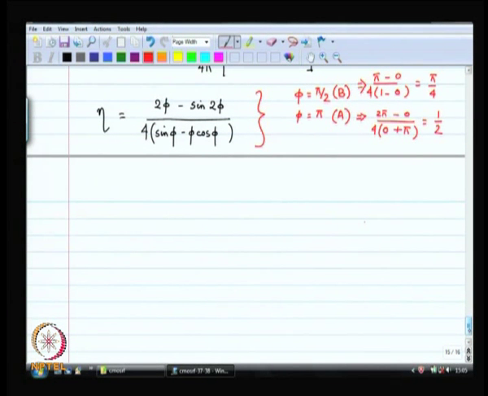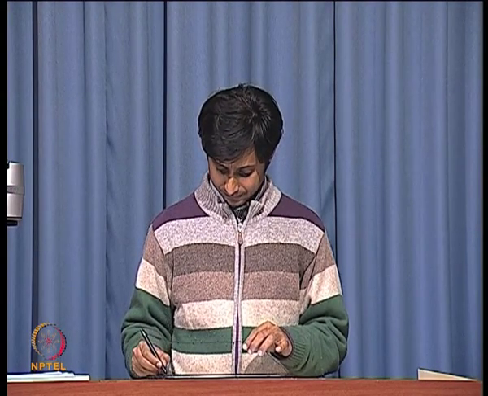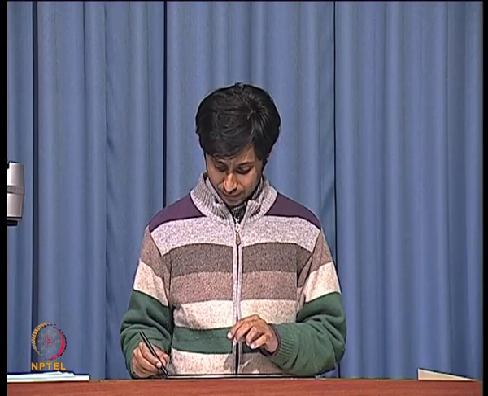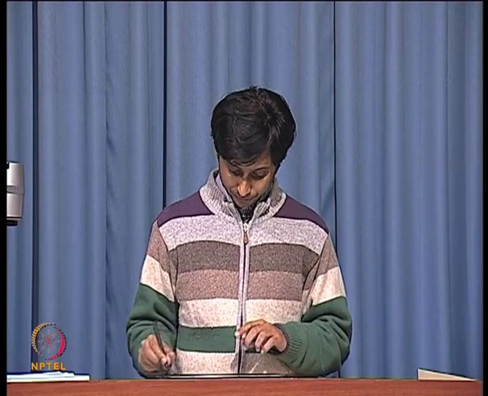Okay. So, this is the general expression for the efficiency of a class C amplifier, and this kind of tells you what happens as you decrease the conduction angle. Okay. So, for a conduction angle of pi by 2, you get an efficiency of pi by 4. What if the conduction angle is pi by 4? So, twice pi by 4